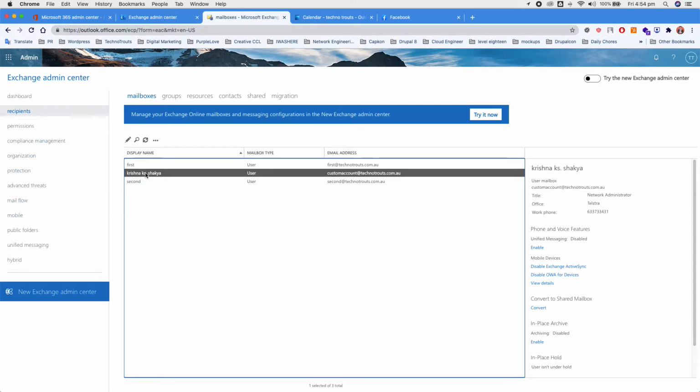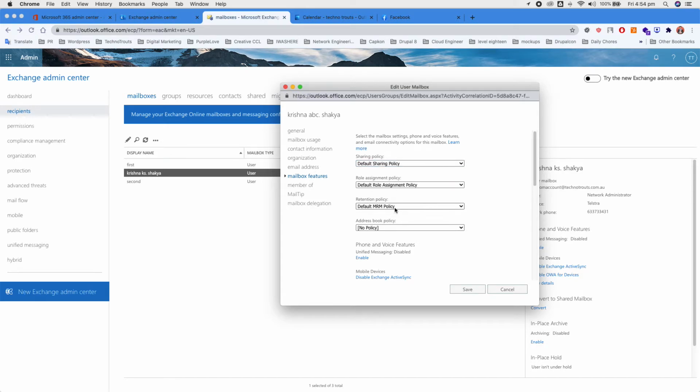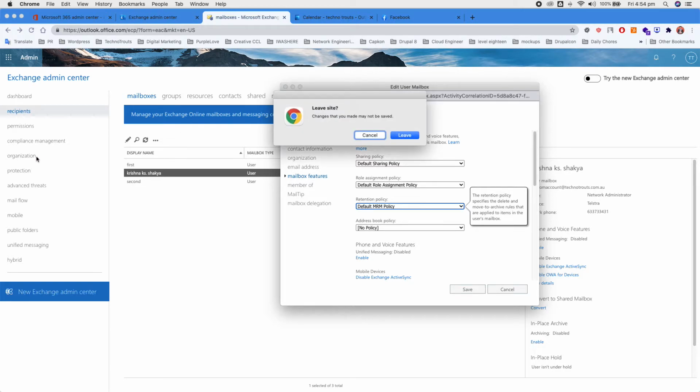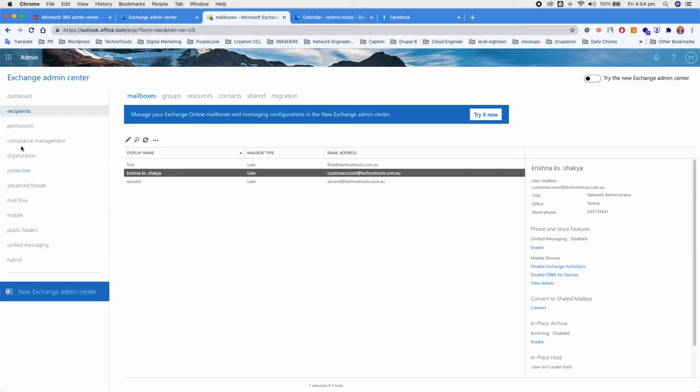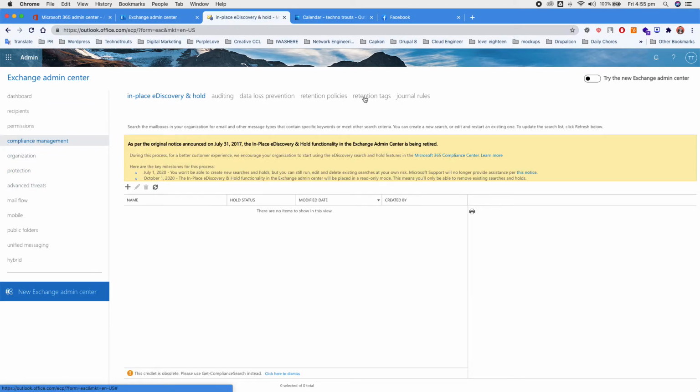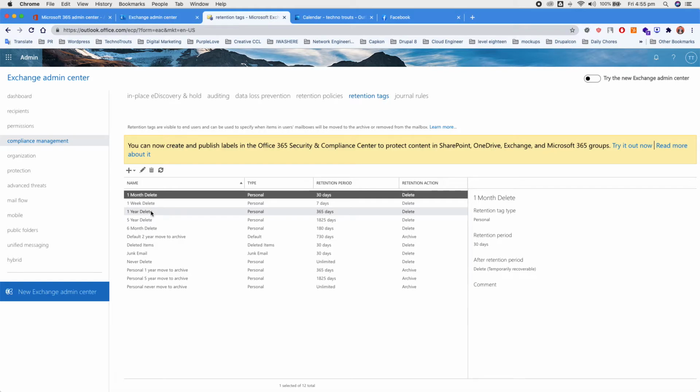So the second one is the retention policy. The retention policy is basically the policy which decides when you want to delete the message or move the message to archive. For the retention policy, you have to go to compliance management, go to retention tags. So you have to create the retention tag, like how long you want the retention